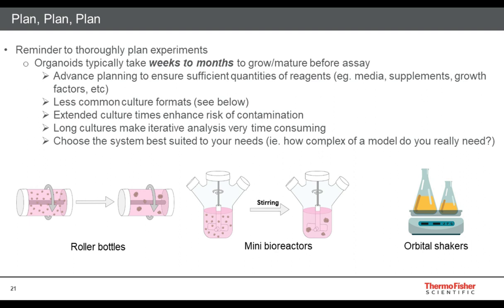Another part of this also has to do with what we called earlier the less common culture formats, the use of roller bottles or mini bioreactors or spinner flasks, or the use of orbital shakers. Maybe not always in the form of flasks like shown here. Sometimes they're orbital shakers that you would put in your incubator, on which it's a flat platform, so you can lay various types of dishes in there for agitation to help with the feeding and long-term growth of your organoid